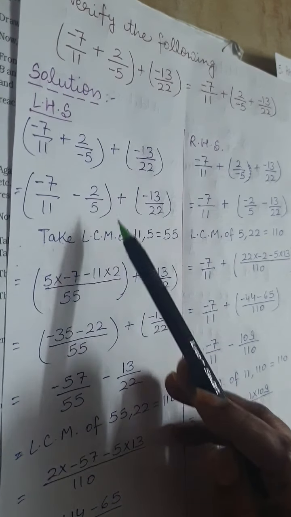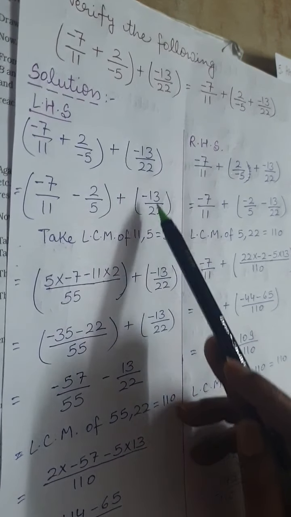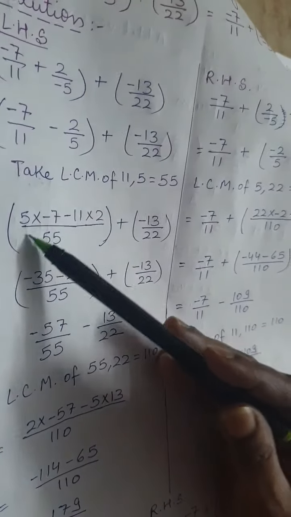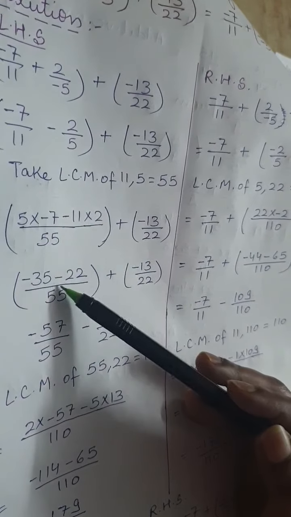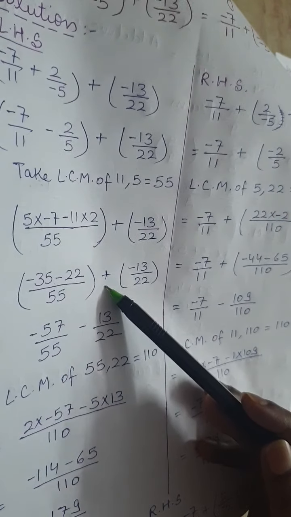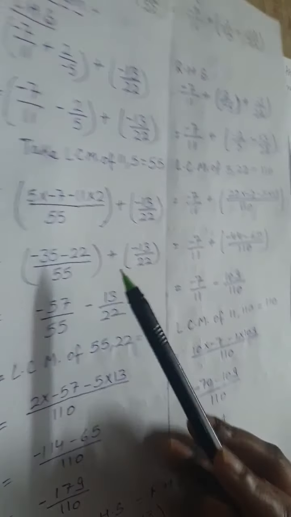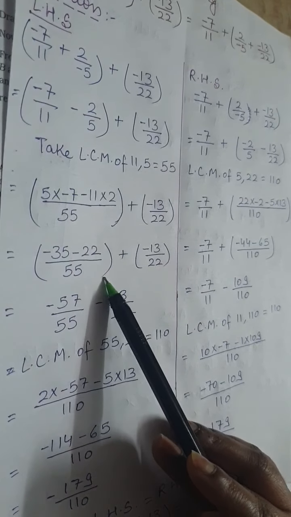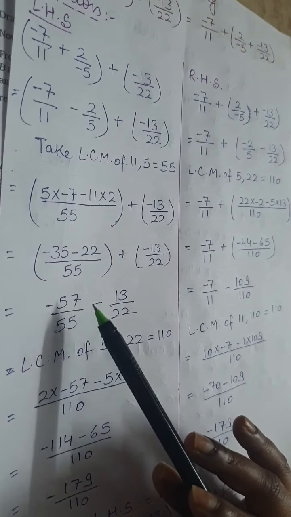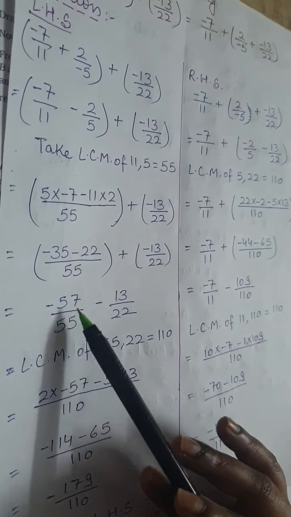55 divided by 5. We get 11 multiplied by 2 plus -13/22. Here 5 7 ja 35 minus 22 divided by 55 plus -13/22. -35 and -22 both are negative numbers. दोनों की साइन क्या है, सेम है. सो वी शुड ऐड दैम. हम दोनों को क्या करेंगे, प्लस करेंगे. दैट इज